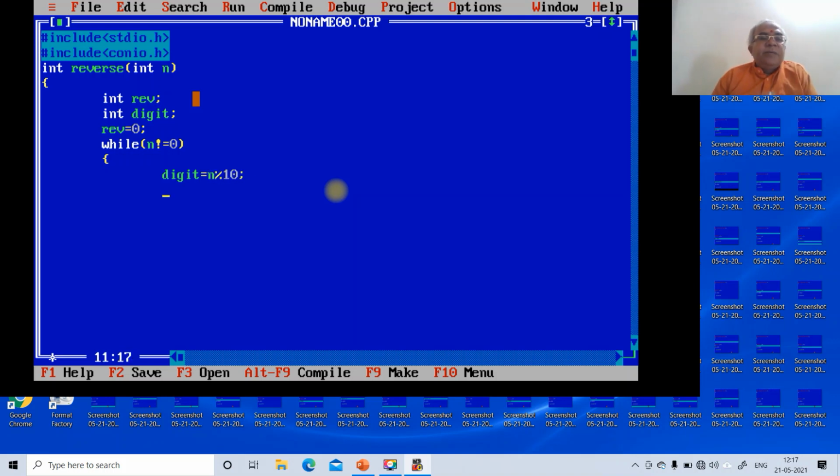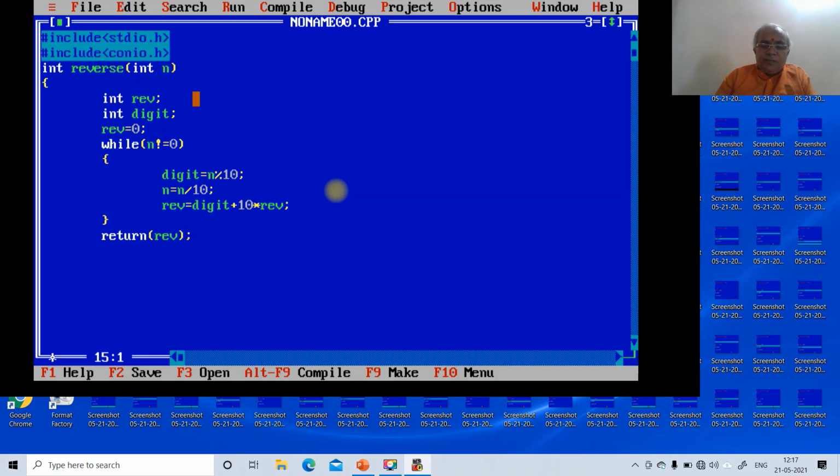So that is the remainder. So you are going to take the digit now. Whatever is there in the remainder will be considered as a digit. Then n equals n/10, that is 56 divided by 10. Then rev equals digit plus 10 star rev, and then close this, then return rev.